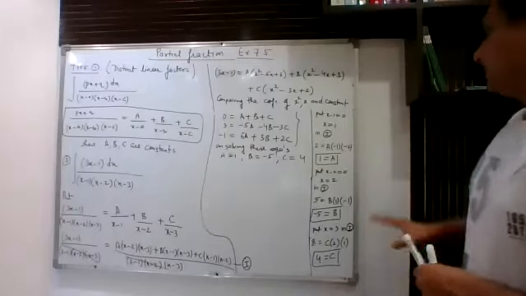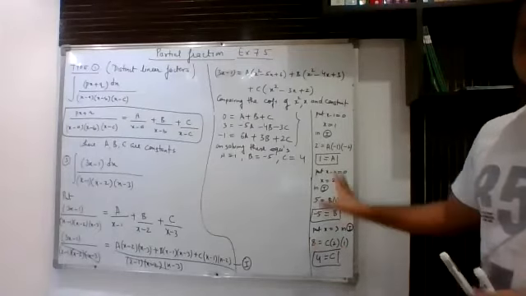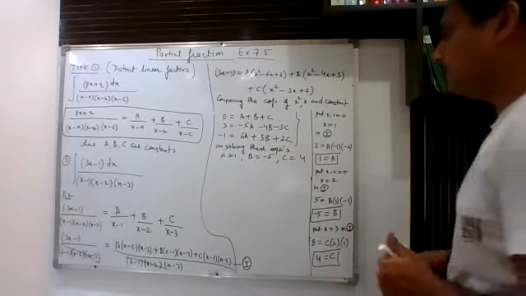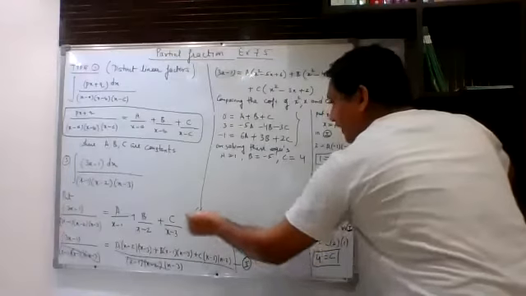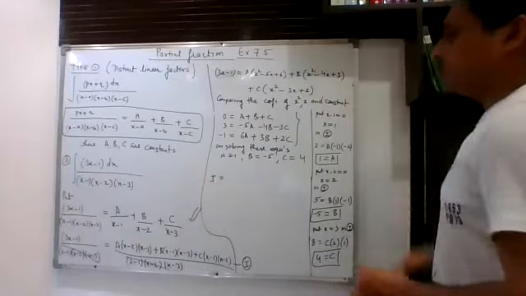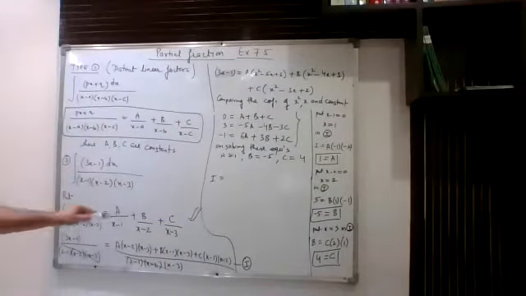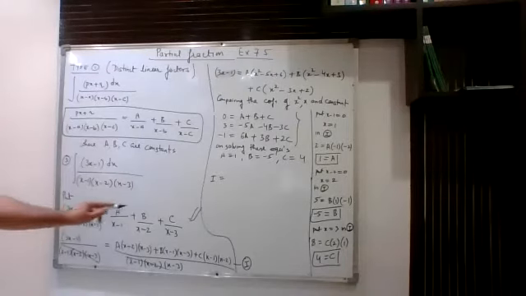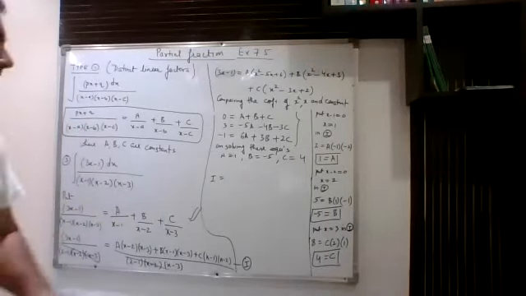So this is how you will get the values of these constants. Now let me complete the procedure, then again I will explain you. So now you will utilize this expression. I can write the integral as, now you can see that this was your integral. Now this expression is also equal to this much. So I can break the integral into three parts by putting the values of a, b, c. Let us put the values of a, b, c over here.